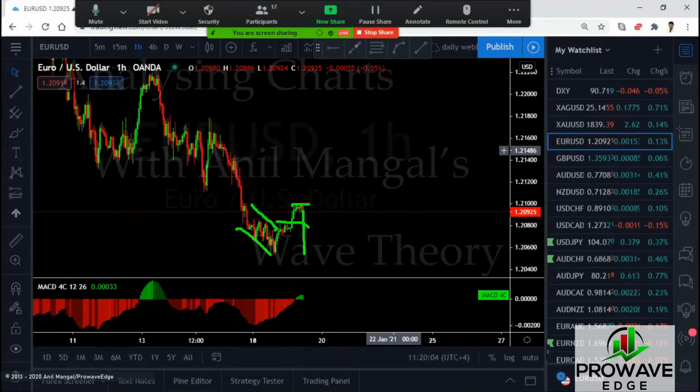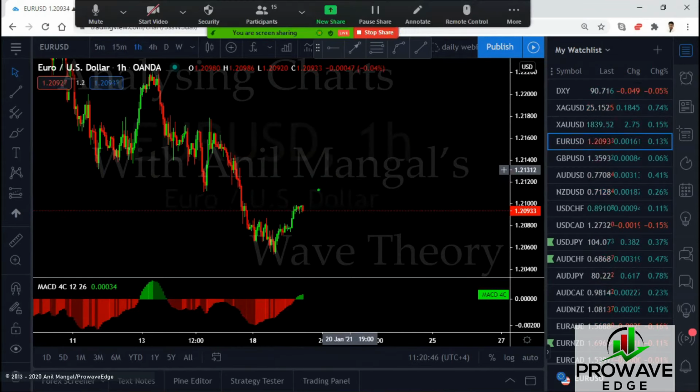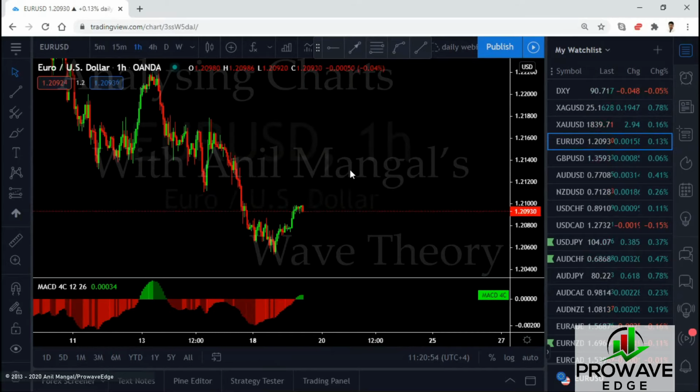Is there a chance of this dropping? Could drop. Because we could still go down more on the euro. There is a possibility for a running flat here in the making. We'll look at that. We don't have a sell setup, right? It could go down. We don't have a sell setup, and you just can't sell because you think it is going to go down. You have to have enough reasons to sell, right? So if we get the sell setup, we'll go with the trade. But right now we don't have. What we have right now is a buy setup, which means if this goes up, we take the trade. If it goes down, we wouldn't be in the trade, at least not on this one chart and not now.